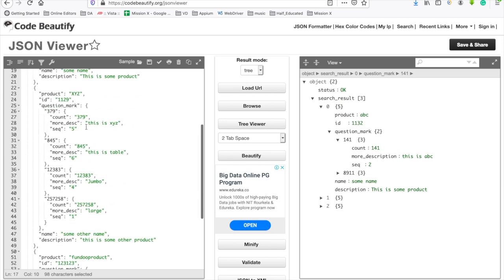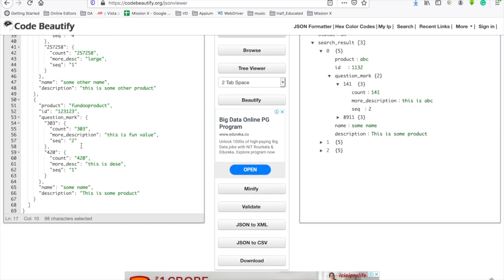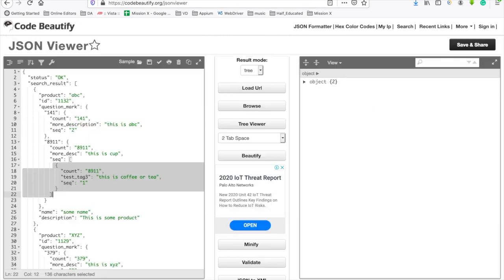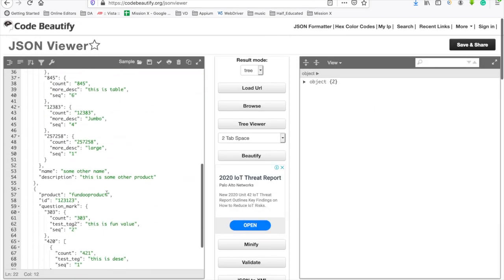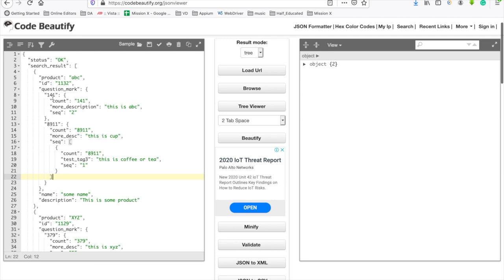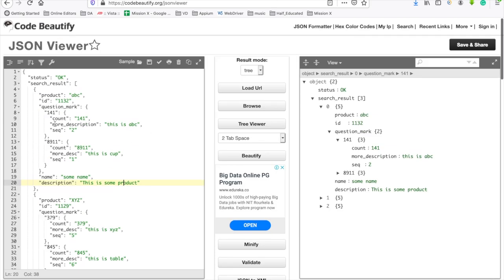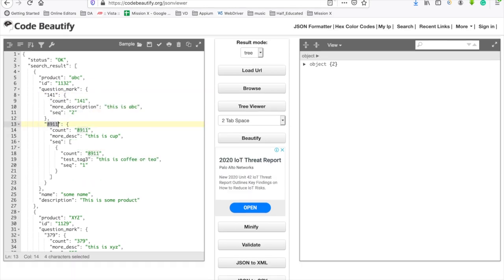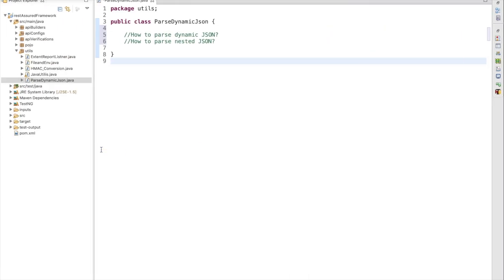If I go to another one, I am using the same JSON, but I have made it a little more complex. In the last section, in this JSON I had only two keys and the value was a JSON object. Inside the key also, I have added one more JSON object, and to make it more complex I have added a JSON key, a JSON object. We are going to deal with all these types of JSON, and we will learn how to parse them.